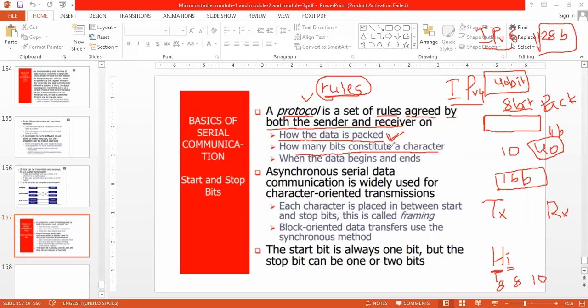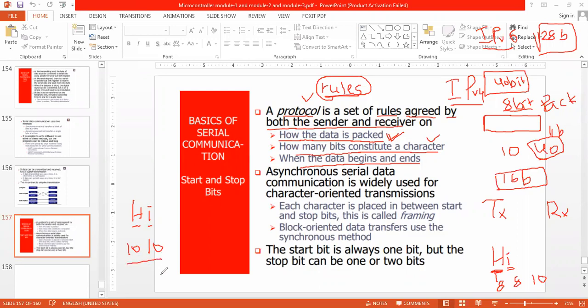So how many bits constitute a character, and when does the data begin and end? Say when I am sending hi, then I is one character having 10 bits, and H is one character also having 10 bits. So total 20 bits.